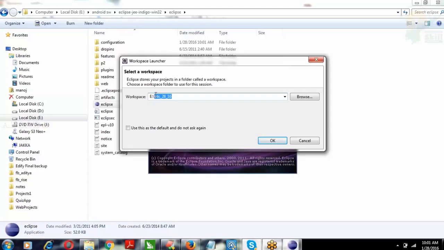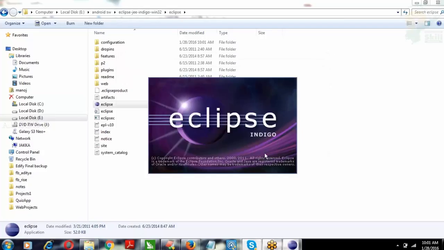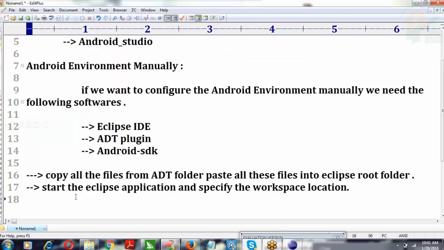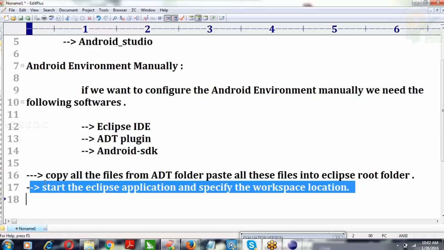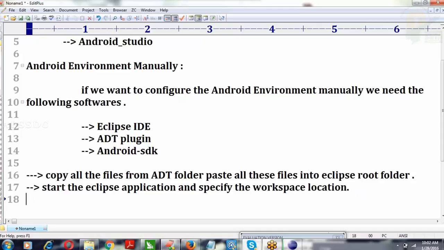Okay, it is going to create a directory, a folder in the E drive with the specified name. This is the second step. What is the second step? Start the Eclipse application and specify the workspace location. This is the second step. The third step is,